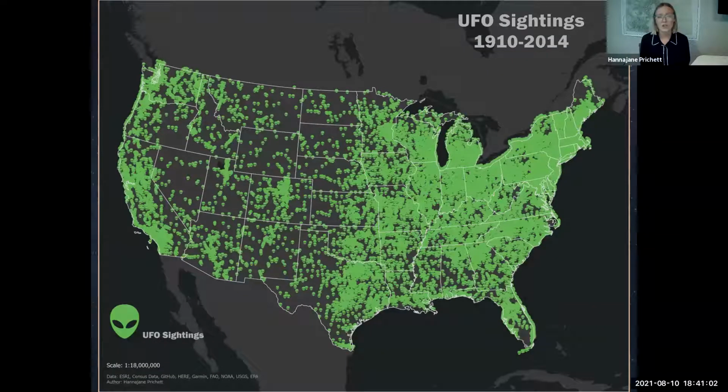This map is plainly showing all sightings reported in the contiguous US from 1910 through 2014. It was amazing to see that this phenomenon reaches so far and wide, both spatially and temporally. The data was projected into USA Contiguous Albers Equal Area Conic because this projection more accurately represents distribution and density.